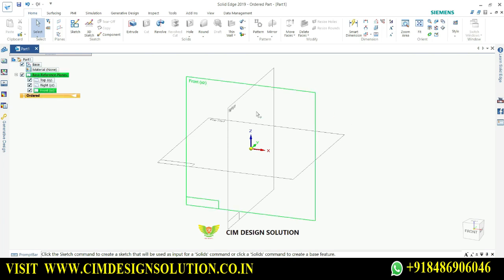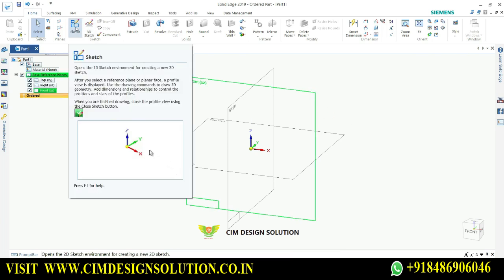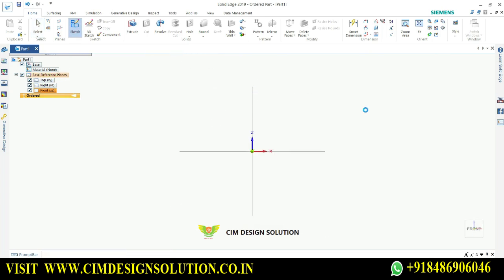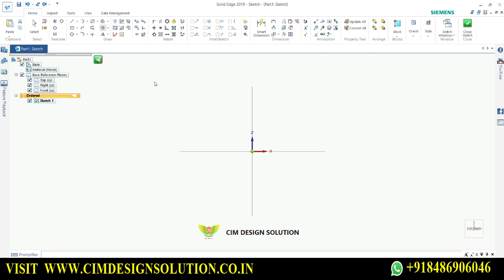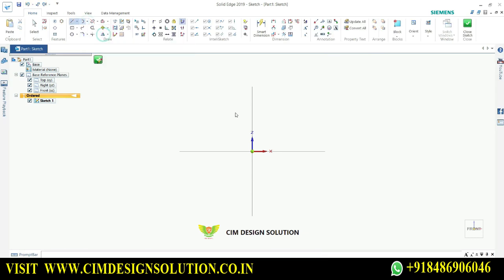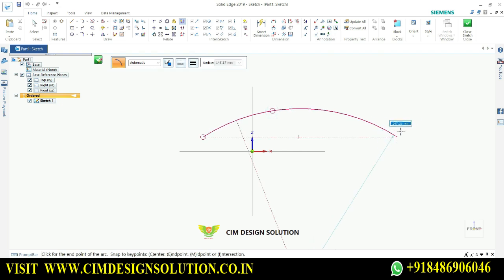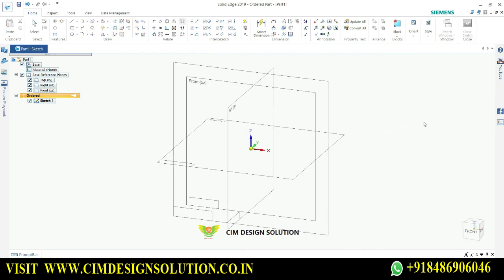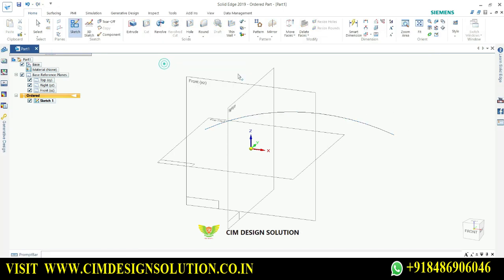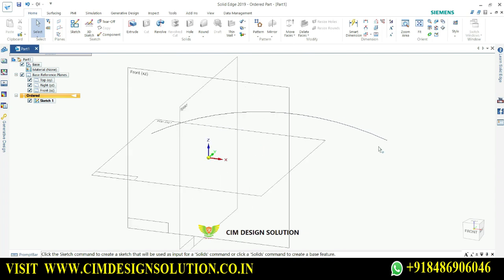In case of sweep, first of all, I am selecting the front plane, sketch, and here I am drawing a 3-point arc, like this one. Closing this sketch and clicking on the finish button. Cancel out of that. Now I have to take a plane